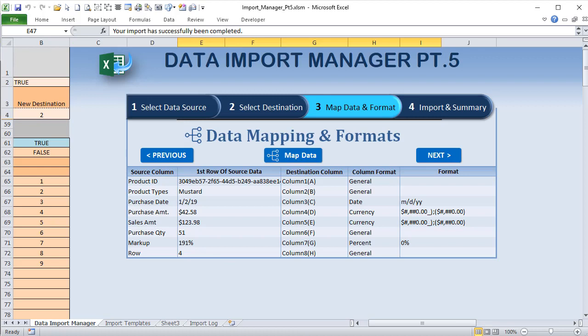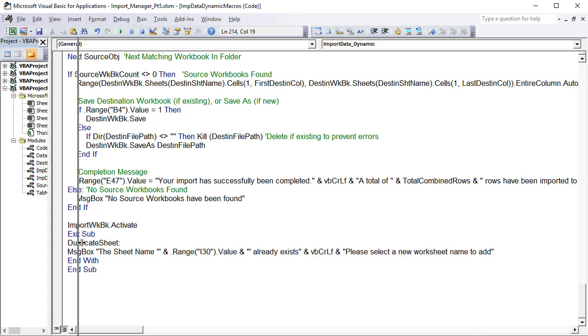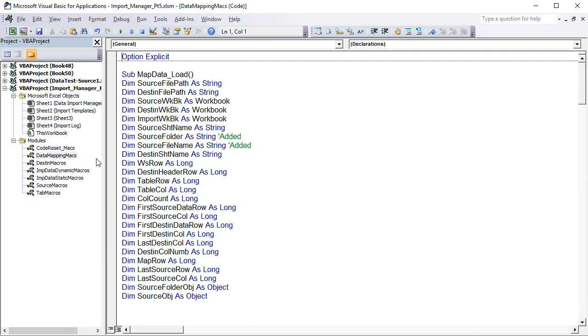So let's take a quick look at that so we can see the changes in the map data, so that we can pull just the first match and pull whatever samples. It's nice because it's going to take the first match and figure out some mapping based on just the first one. So back into the VBA, let's take a look at the module here called data mapping macros,